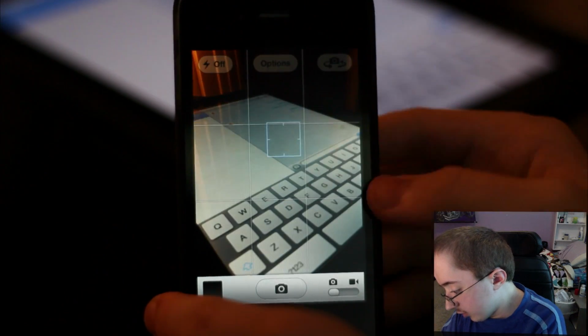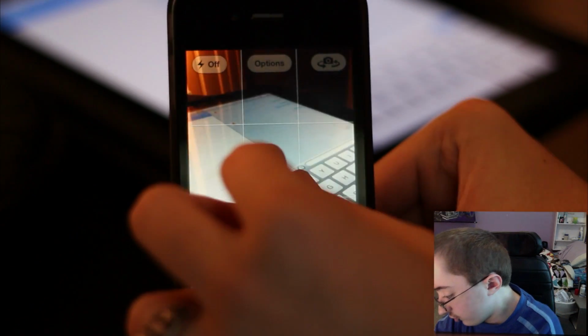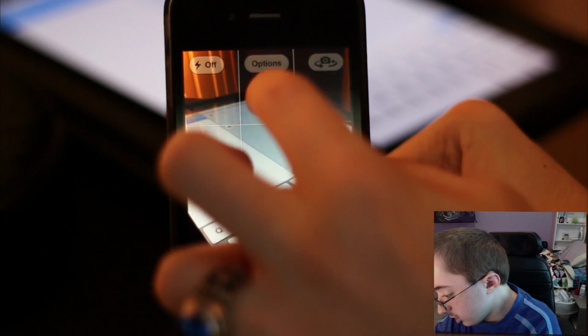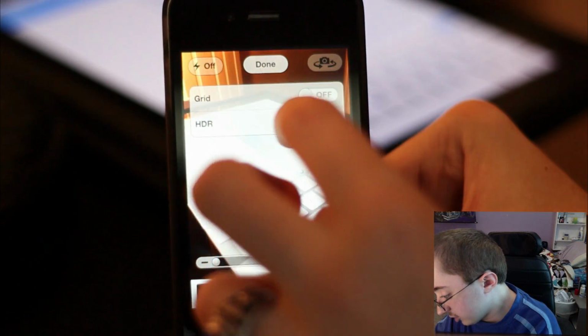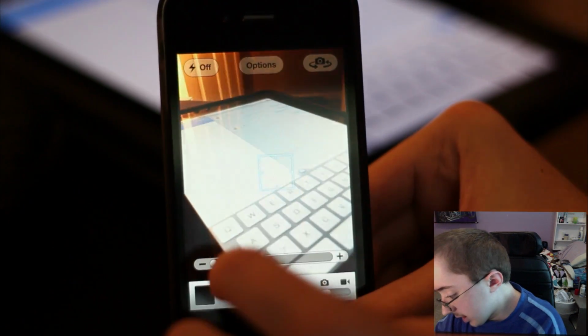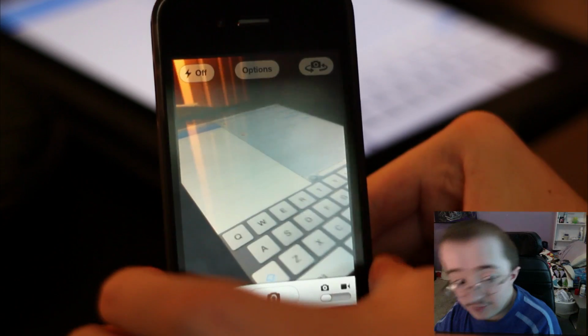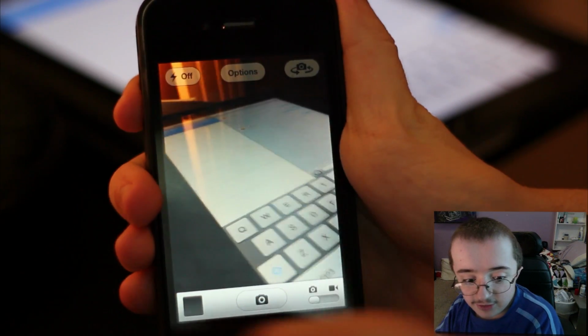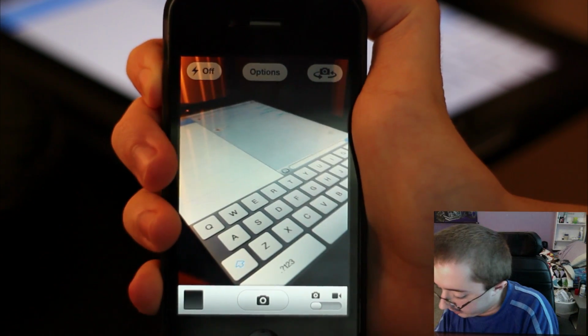You can adjust the exposure. You can pinch to zoom, which is nice. So I can pinch in to zoom, which is really cool. I can go in here and turn that off now, that grid. And you can even use the up button to take a picture. So if I get this just right, I can press this up button